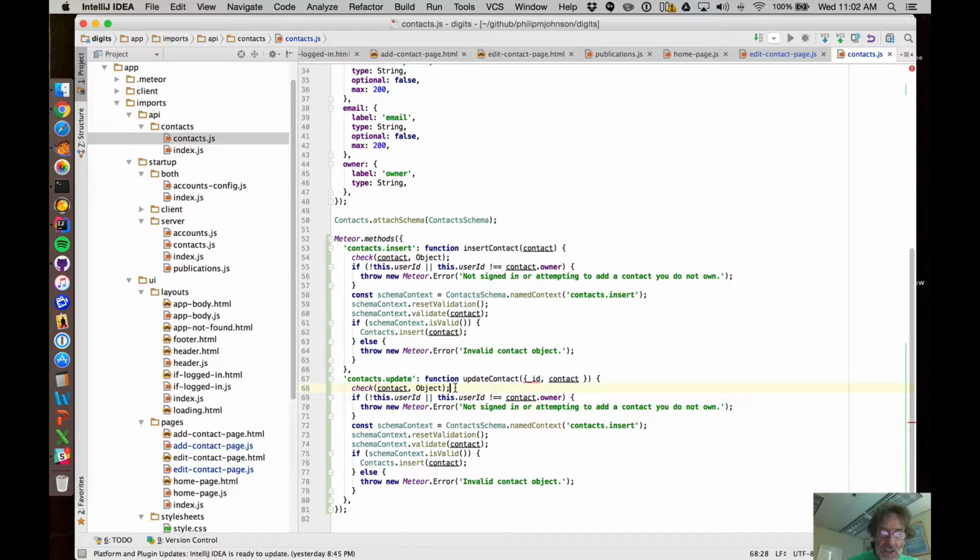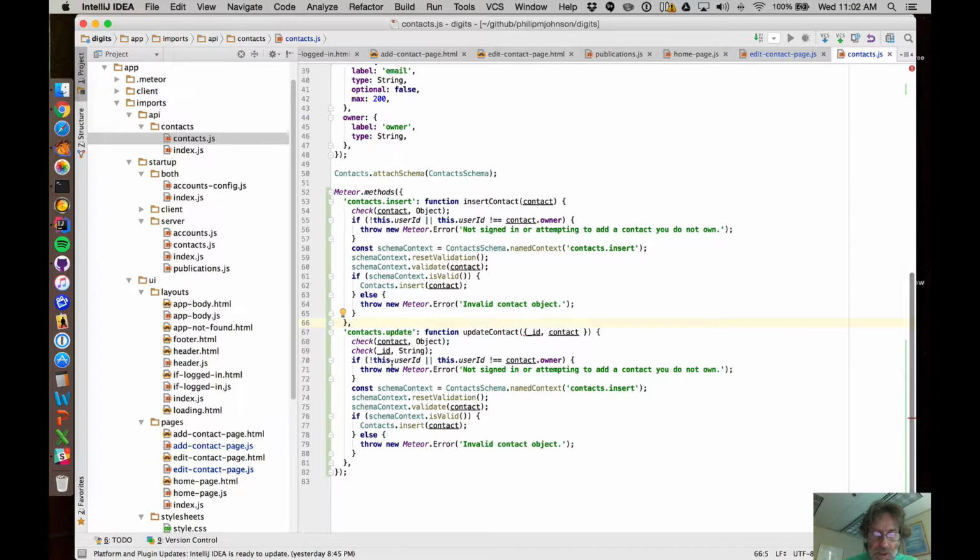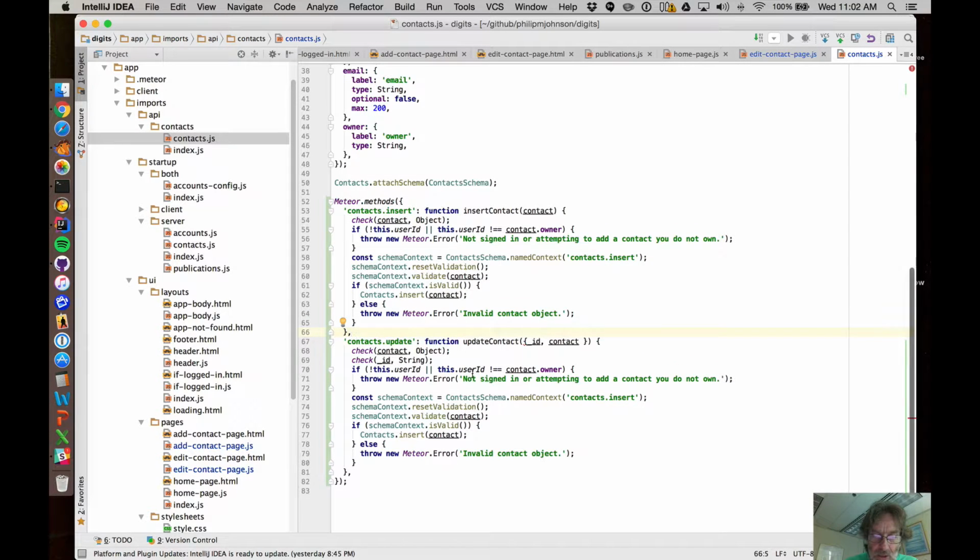So now we have to check that underscore ID is of type string. Okay, and then we're going to make sure that the owner's cool, and then we're going to check that the contact obeys the constraints of our schema,